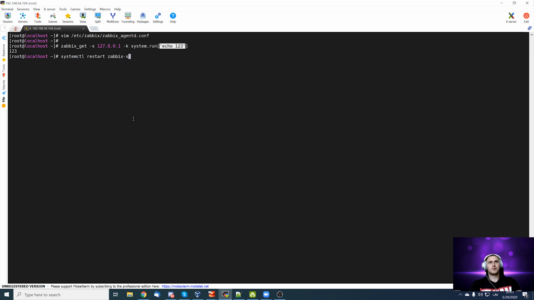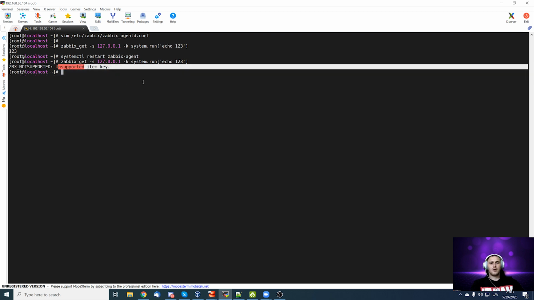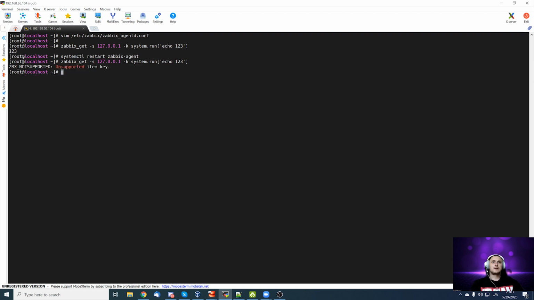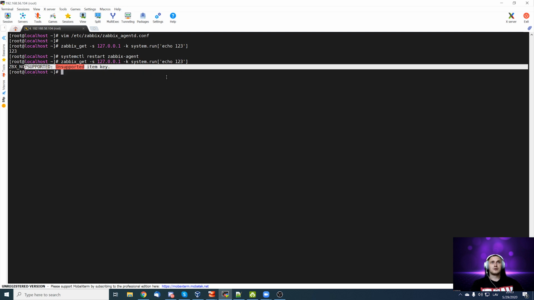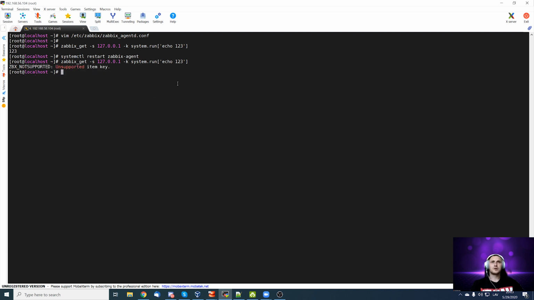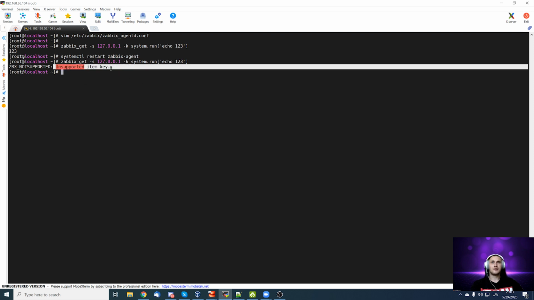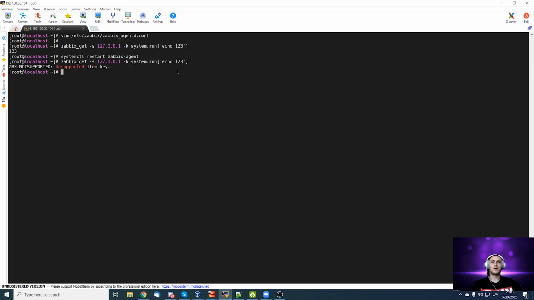Systemctl restart zabbix-agent, and there we go. Zabbix not supported, unsupported item key. First of all, notice that the error message does not say straightforwardly that the item key is blocked. It just shows up as not supported, and especially since this feature is quite new, it might be difficult to understand and even think that it might be a new